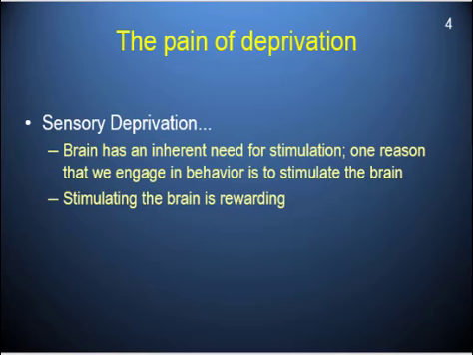If you think about all that sensory stuff we just did in the last unit, right? When you look at something, it sends information to the brain. When you hear something, it sends information to the brain. When you touch something, it sends information to the brain. The brain puts all that together, helps you to remember it, and then if you need to act on it, it sends information back out so you can act on it. So again, all of that incoming information and then outgoing information is just keeping your brain stimulated and activated. And that feels rewarding to you.